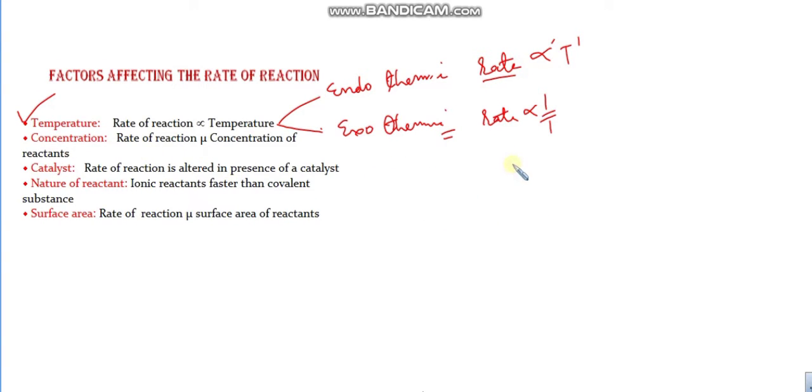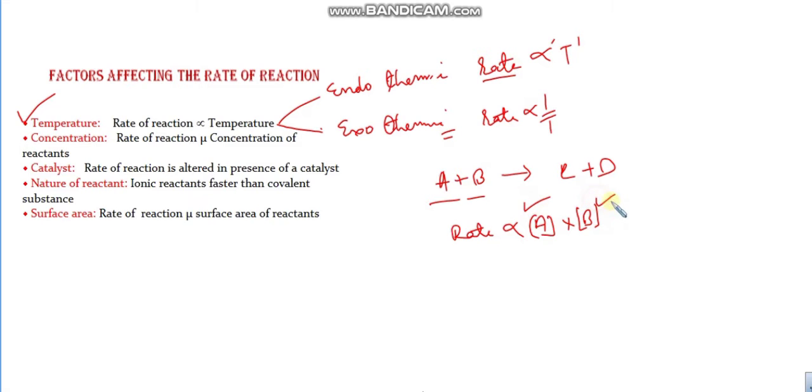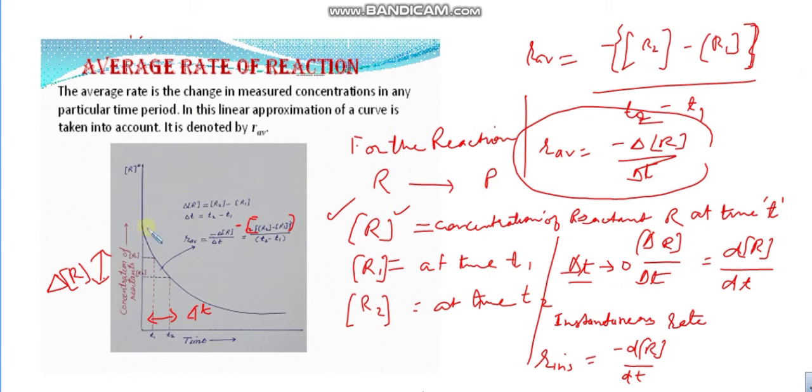We have gone through that in the law of chemical equilibrium. Suppose A plus B are the reactants giving C plus D, these products. As per Le-Chatelier principle and the law of chemical equilibrium, rate depends on concentration of A into concentration of B. So as concentration of A and B is high, the rate will be high. With the help of this diagram, as concentration is high, the rate of reaction is high, and when concentration decreases, the rate also decreases. You are looking here at this graph.